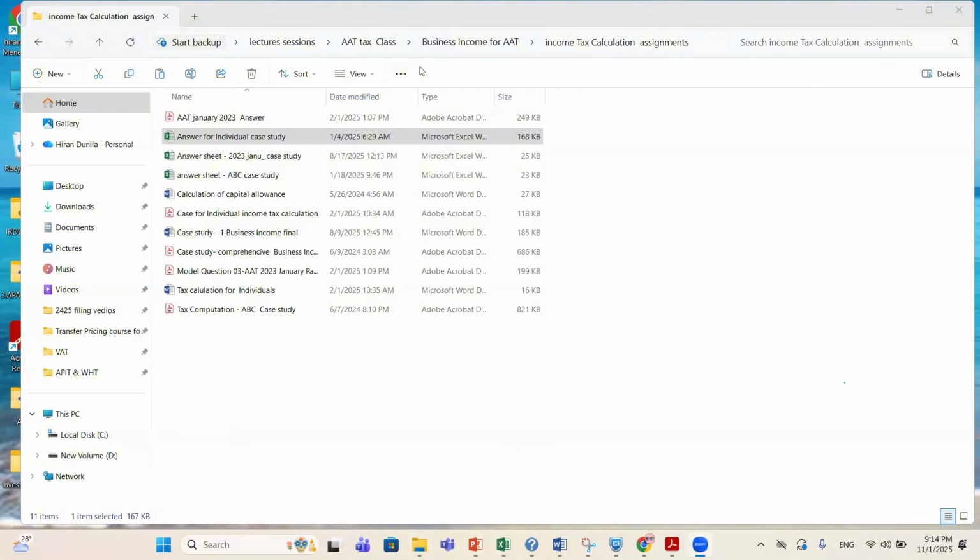So let me check. If it is an allowance, we have to consider the allowance amount in price. Someone can pay, say, 100,000 as a vehicle allowance, but if it is a 100,000 payment, we cannot use the 20,000 as the vehicle benefit. So let me open this.